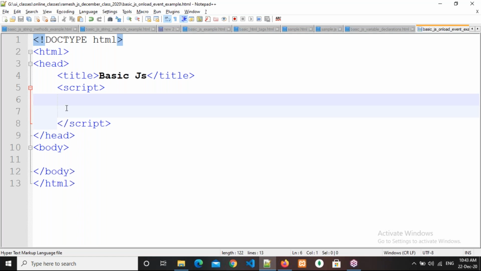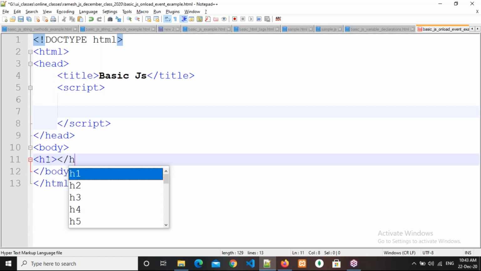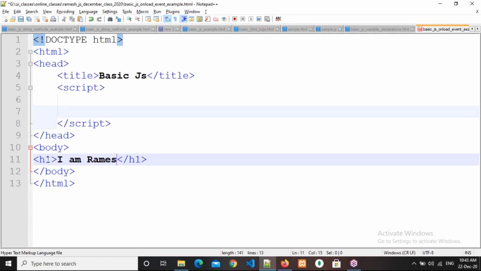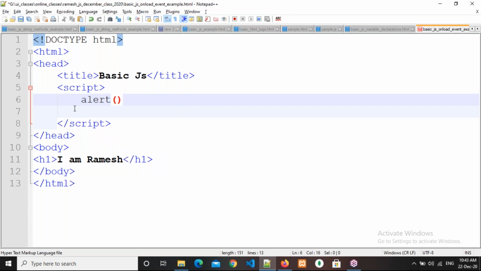So now see here, I am writing an H1 tag here: I am Ramesh. And here I am directly writing a let statement, hi everyone.